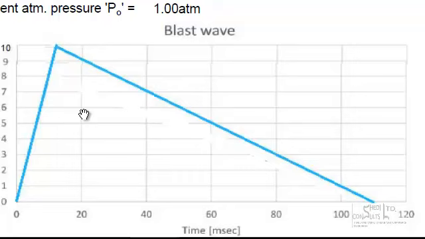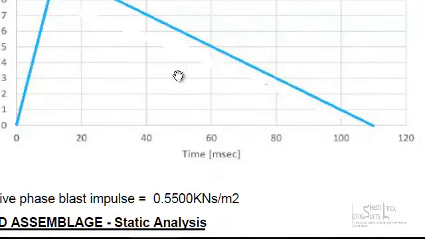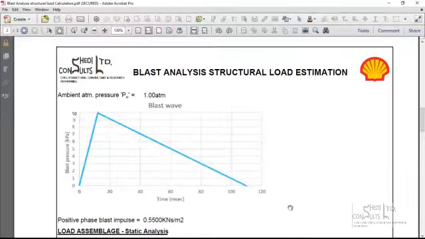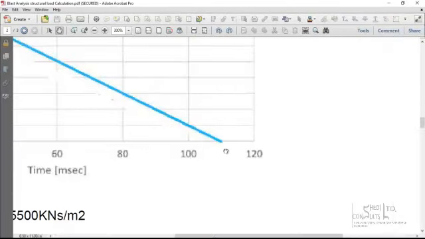They can be taken as cyclic, but they are not continuous. They are not harmonic, implying that the amplitude of this blast wave is not periodical. They are short impulsive loadings that have a very short duration, and then they cause catastrophic impacts on a structure. If you look at the shape of the blast wave, it is idealized as a triangular loading. So the positive phase, now this blast wave continues into its negative phase, but the negative phase